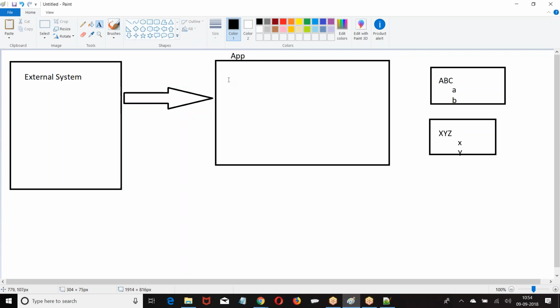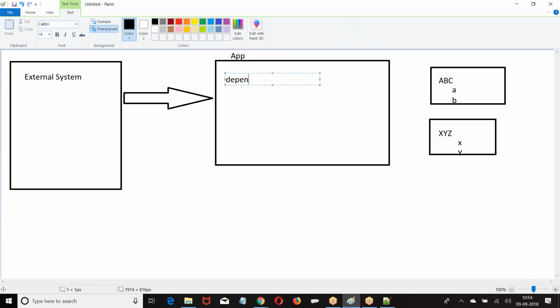So I told this application has a dependency of ABC. Now this ABC component I am going to invoke from the external system. In that application, that ABC component I am going to create. So when I want to create this ABC, we have to give the attributes, properties and everything. So in this application, which component are we going to use? I am not creating the component now.